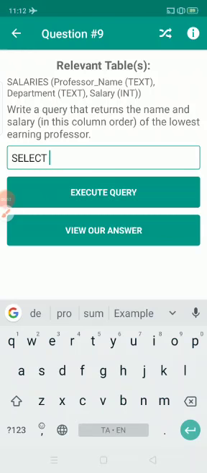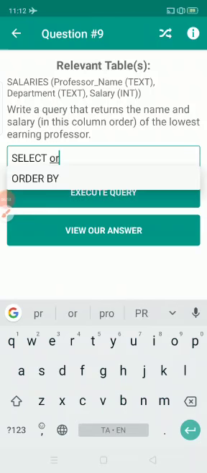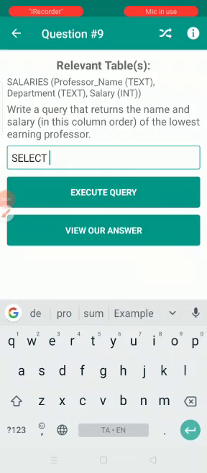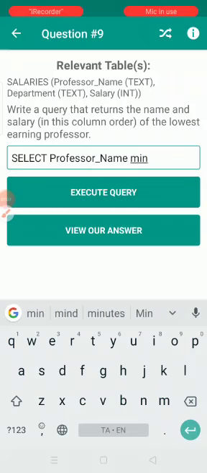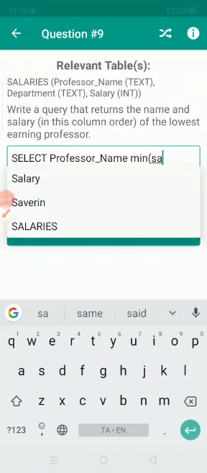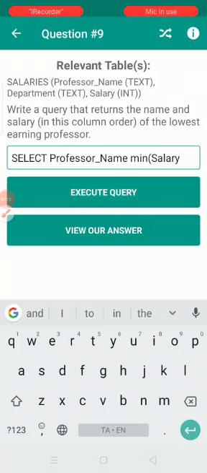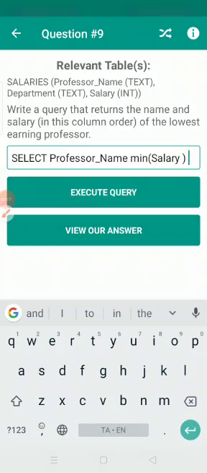So we select the professor name, and then the minimum of salary. If we give the minimum of salary, it gives who is earning the lowest salary.